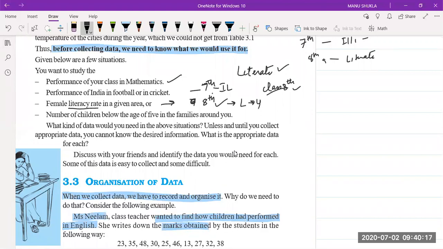Yes, it is changing everywhere. Okay, somewhere till class 12th is literate, somewhere till class 5th is literate. It is a parameter which is changing everywhere. Okay, now